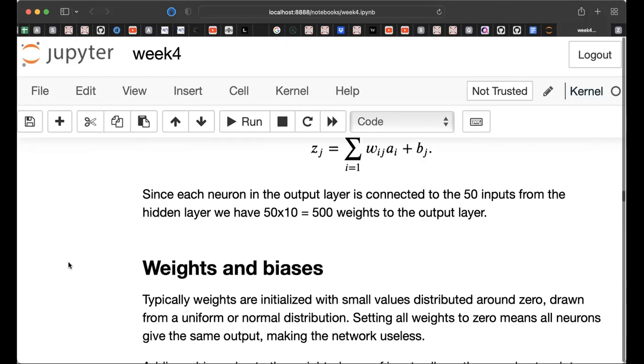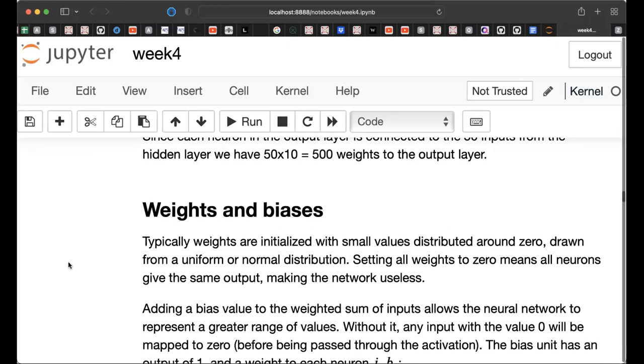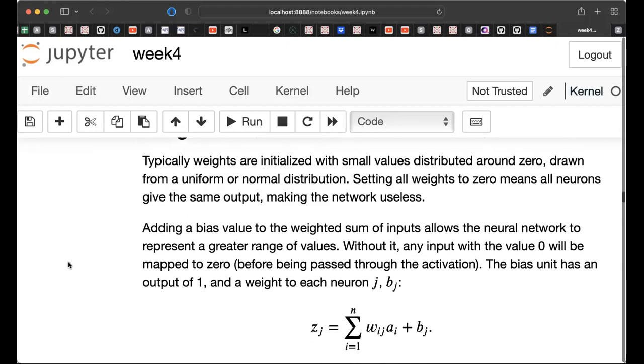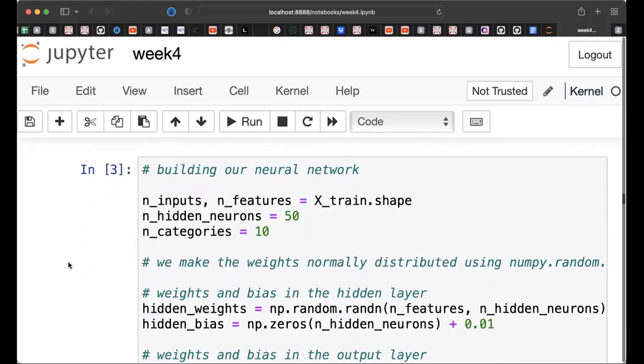So when you're setting up the weights and the biases, they are normally initialized with small values, which are distributed around 0. It's pretty common to use a Gaussian distribution, a normal distribution with a 0 mean value and a variance equal to 1, for instance. That's a pretty common way to initialize the weights and the biases. And then what you would typically do, let's look at the code here, because that's often the best